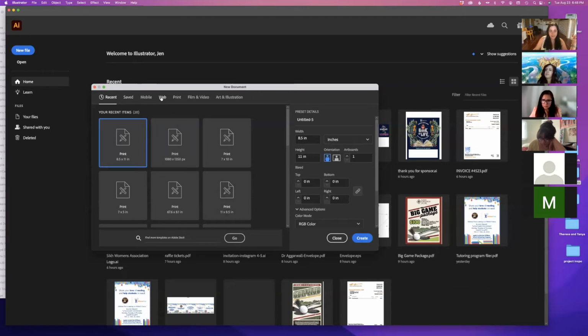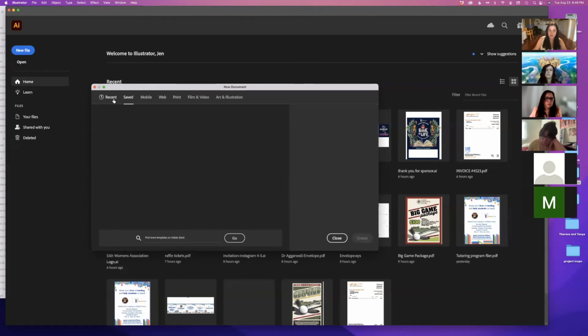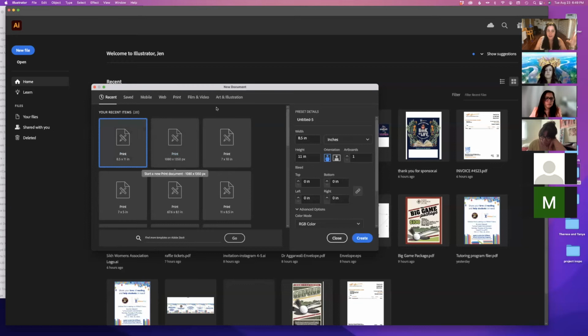And up here, they have a lot of presets: mobile, web, print. It has these file sizes set for you, and you can explore those and you might even get ideas of what you can make. But you'll see here, my recent 8.5 by 11 is pretty common. I have a 5 by 7 postcard popping up here. These are just the last few things that I made. This is the size of the 4 by 5 Illustrator square. And then I have 8.5 by 11. So I just hit create.